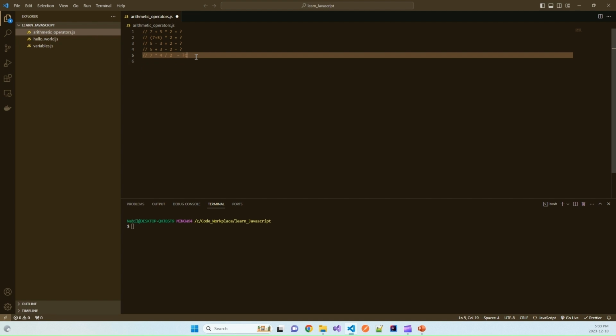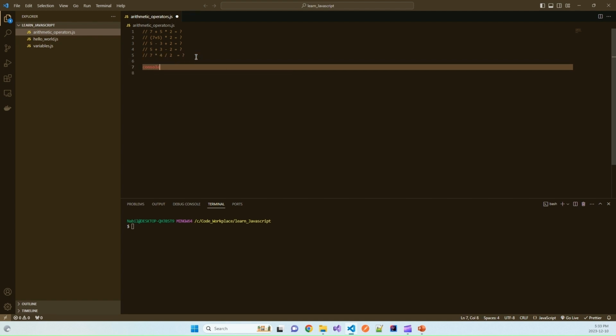Console.log, type the string part. So we will explain what operation or what expression we are printing. 7 plus 5 multiplied by 2 equals, plus put the brackets, because if we add 7 plus 5 multiplied by 2, so if we don't add